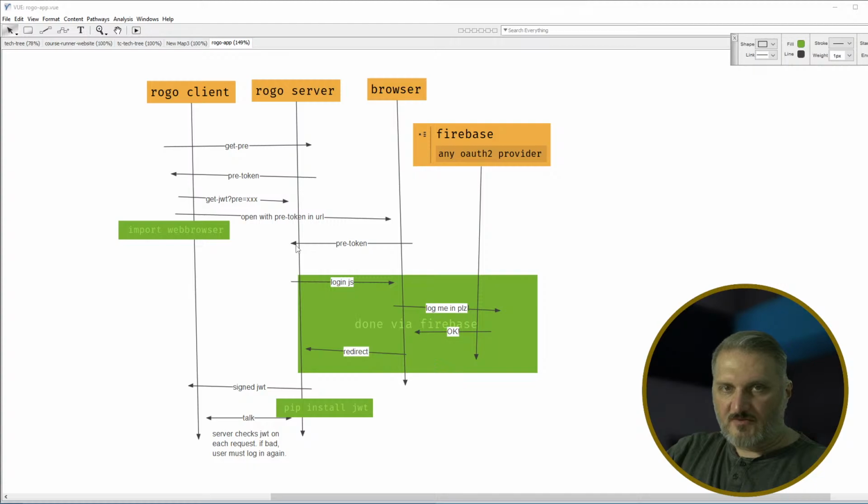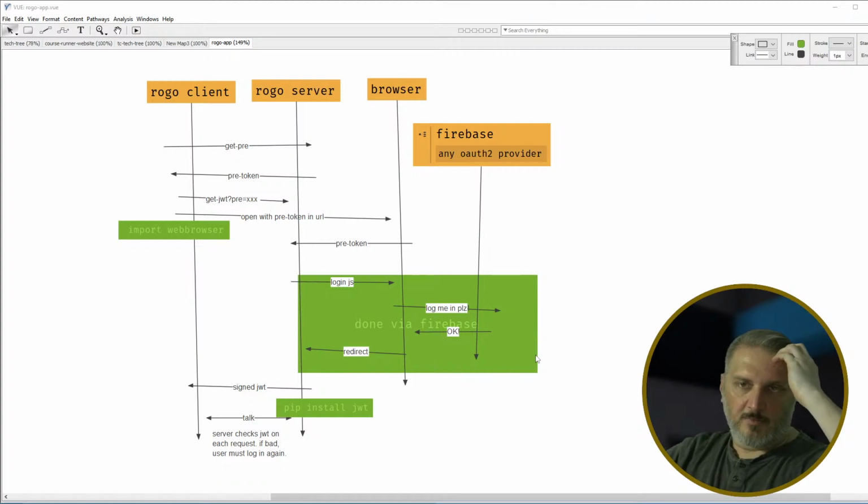And then it sends a message back to the server. So now you're talking to the server from both the client and the browser. Command line client, and the browser is also a client. But we send that pre-token back, and it says, oh, you want to log in? So let's log in, and you get the JavaScript to log in, and that talks to whatever your authentication system is. So basically, this area over here is all managed by some other system externally,